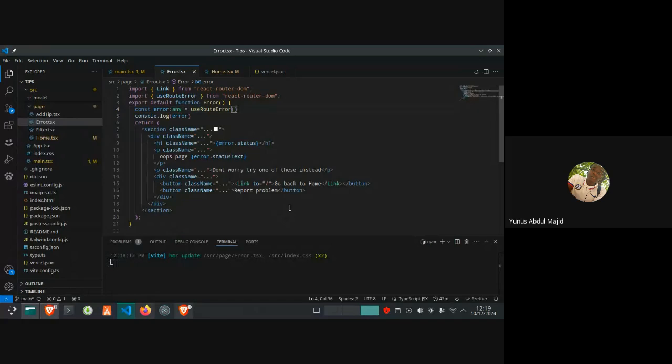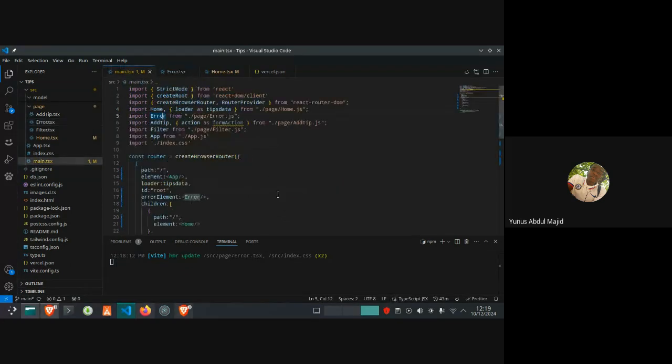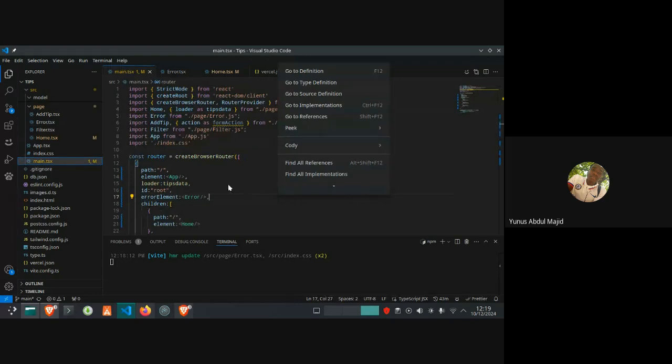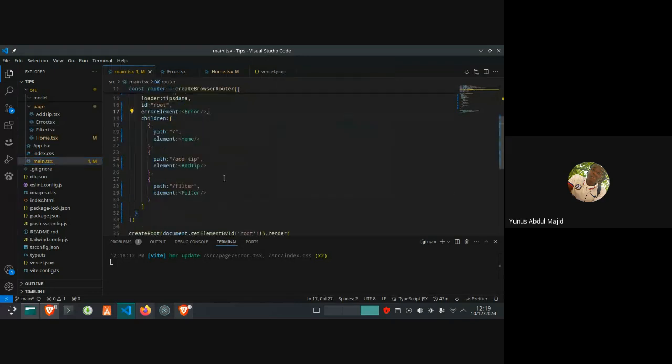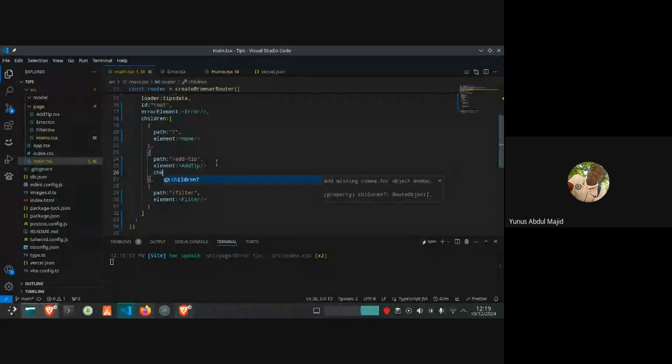And again, since this is our last, before I dive in, let me show you nested routing. Inside any of these components, probably the tips, I can add children.